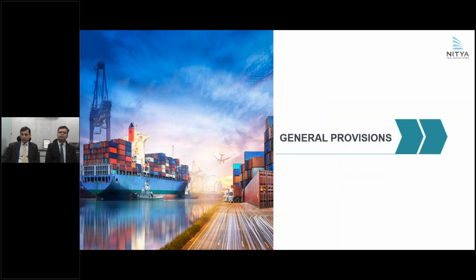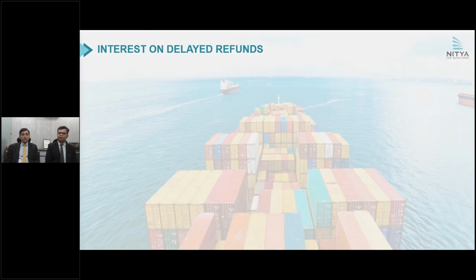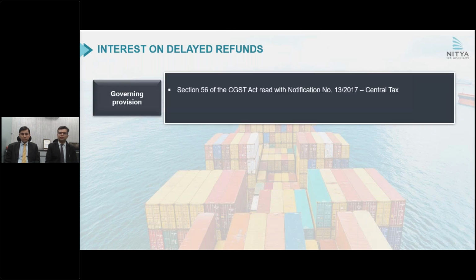Now, some general provisions relating to refund. Firstly, interest on delayed refunds. So we now discussed that a refund claim is there. The department needs to issue such refund within 60 days. But what happens if the department does not grant such refund within 60 days? In that case,